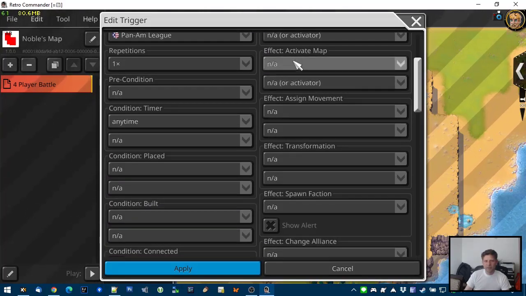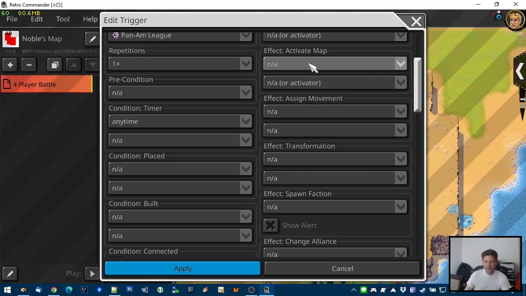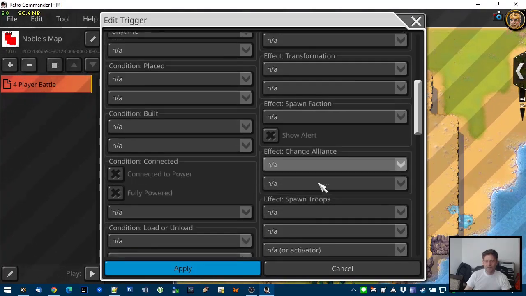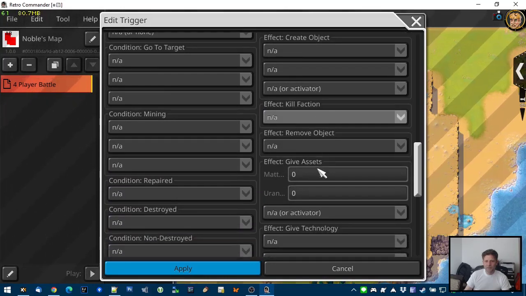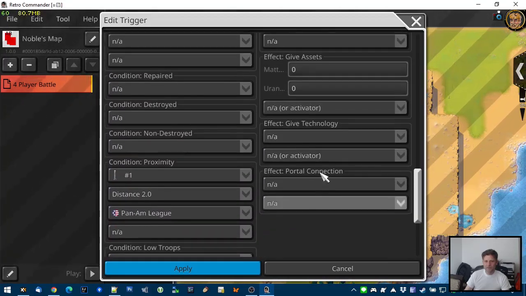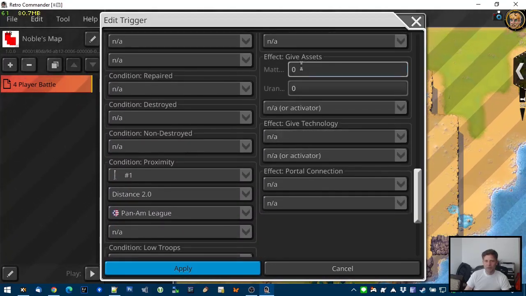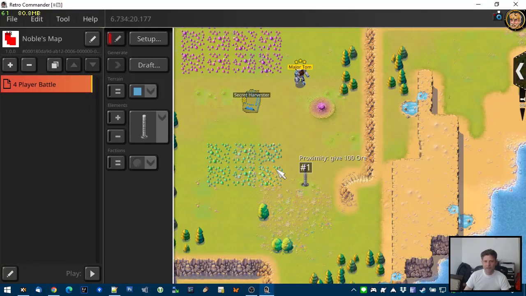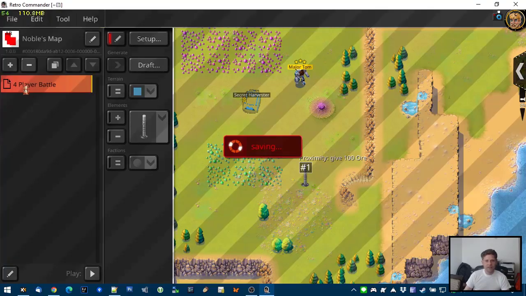And then here we have different things we can do. Activate the map, zoom the map to a certain position. Give movement. What do we have here? Can give technology. We can give 100 matter. Apply it. Now here the trigger now displays also which event it refers to. And if we try it,